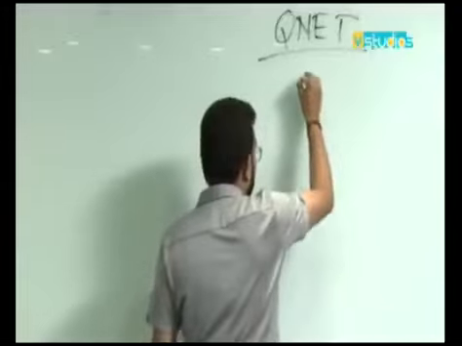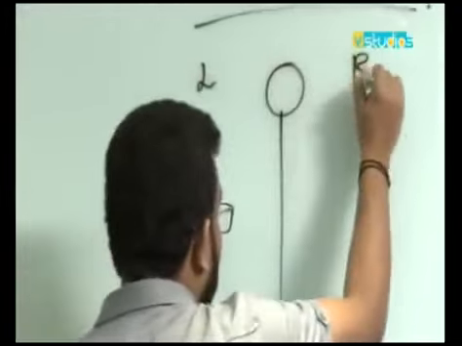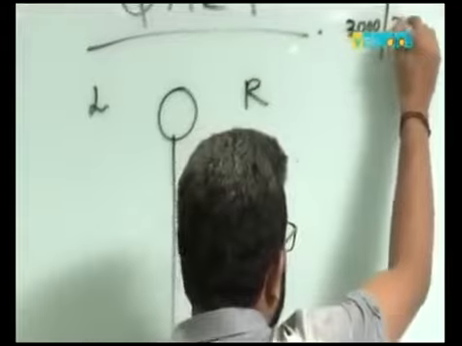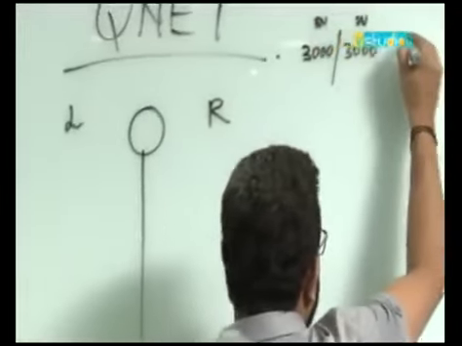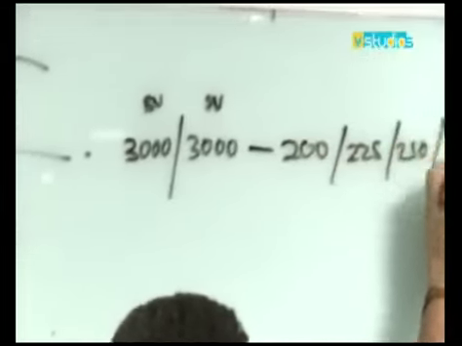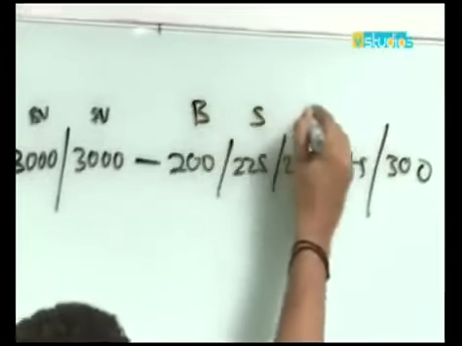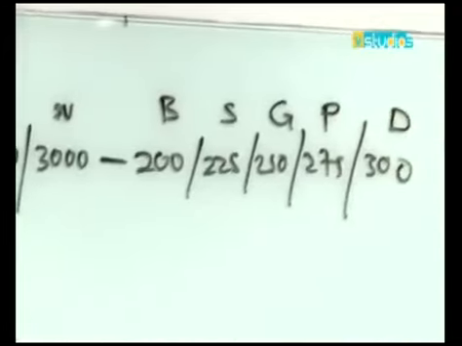When you purchase a product, you get a tracking center, which has a left and a right. I know you get a three-header and all that stuff, but don't complicate. When you start, your income is based on 3,000 BV, and you earn either 200, 225, 250, 275, 300. This is bronze, silver, gold, platinum, and diamond.